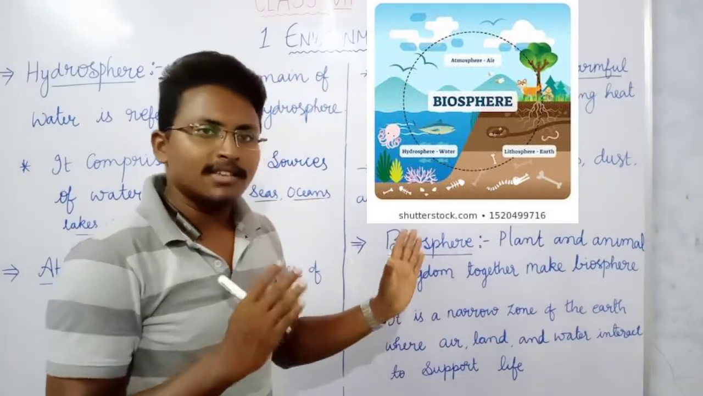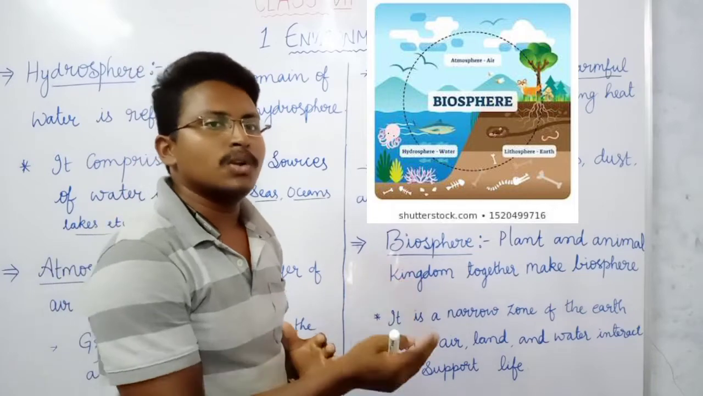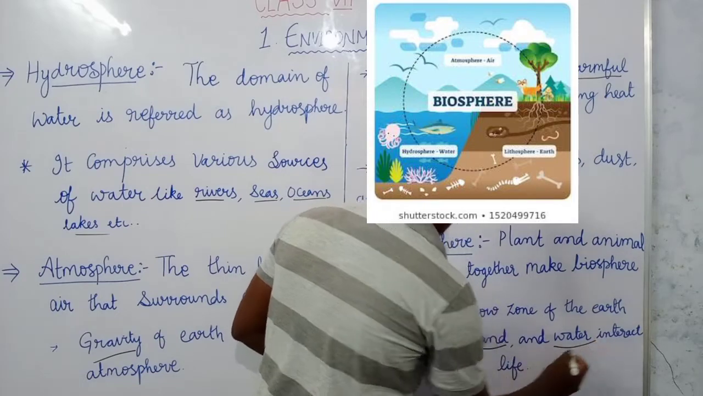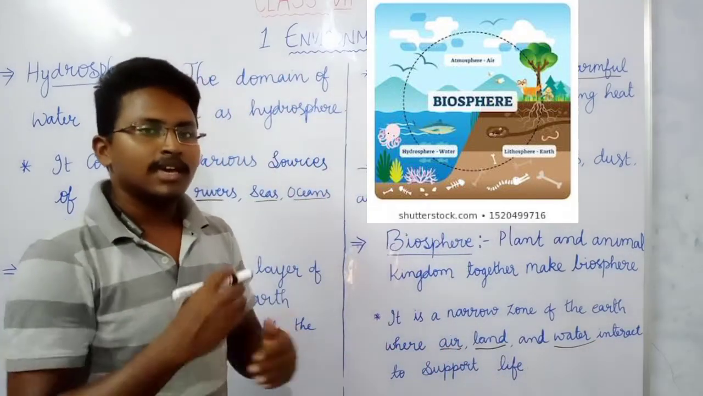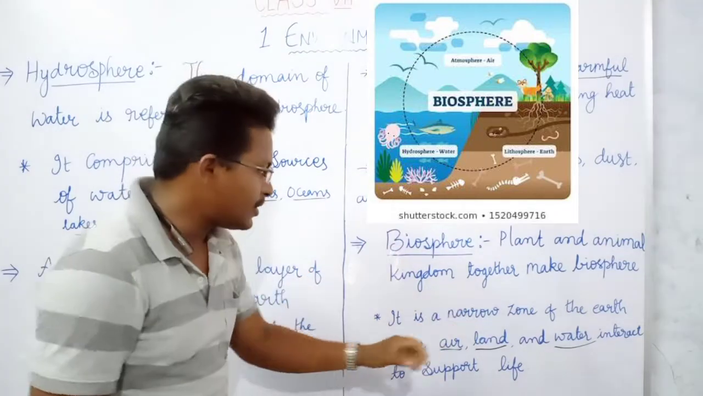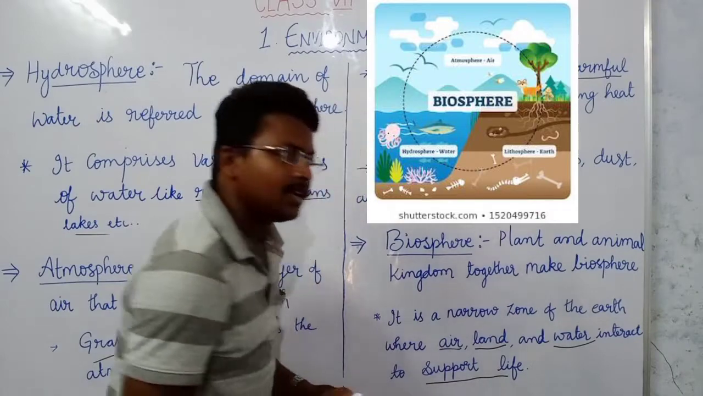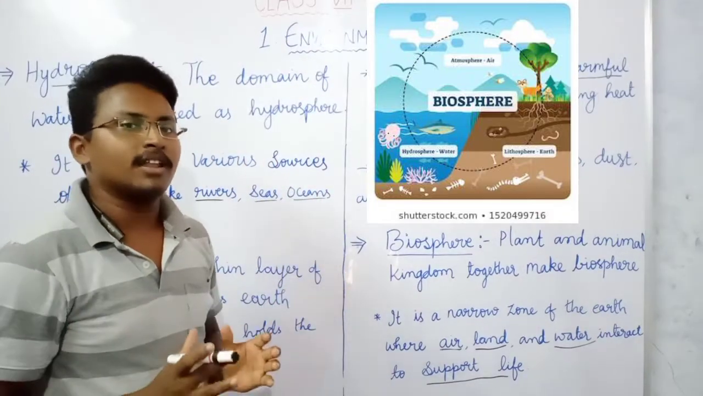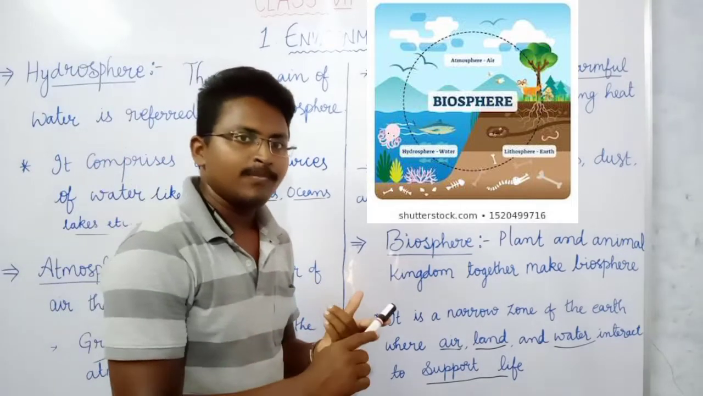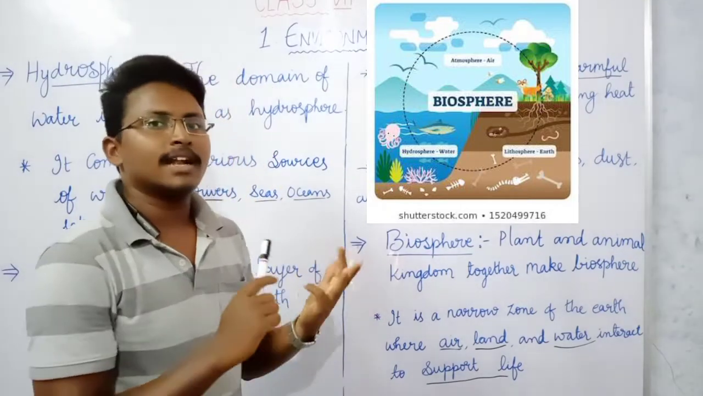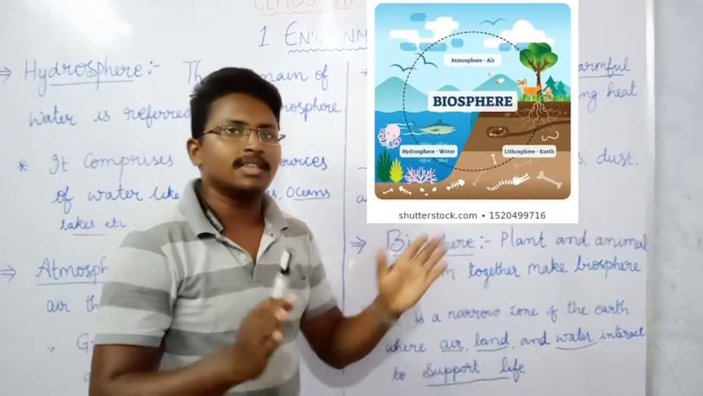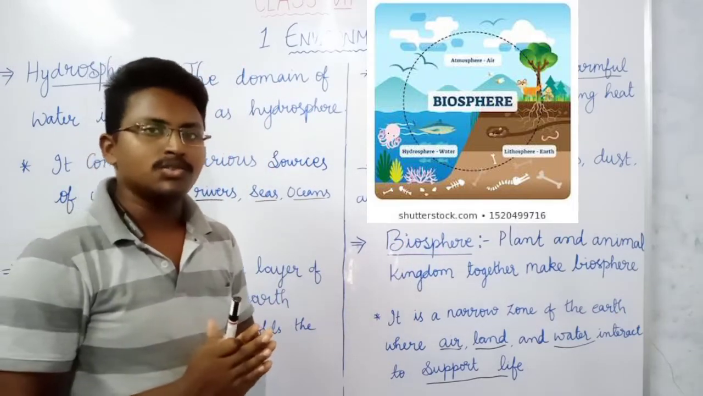That means it is a place. Biosphere is a zone where you can find air, land and water interacting with each other. That means air, land and water interact together and they support life. We human beings live in this biosphere. Why? Because we interact with air, land and water. So wherever these three things are together, that particular zone, we call it